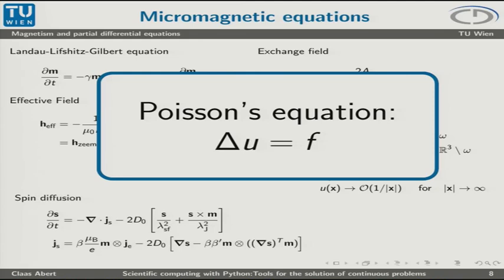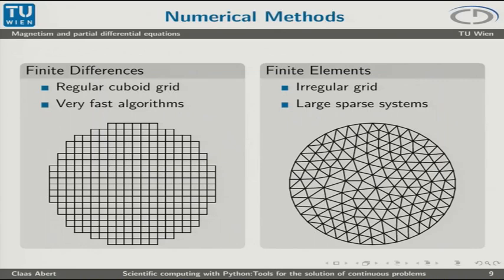This is the Laplace operator. This is the solution we are looking for, and this is some right-hand side. I will try to do as little math as possible, but I thought, as a kind of motivation, because that's the part I'm coming from, it's maybe good to have some equation, and in the following there will be fewer formulas. So as I told you in the beginning, essentially I will show you two different methods to solve such a